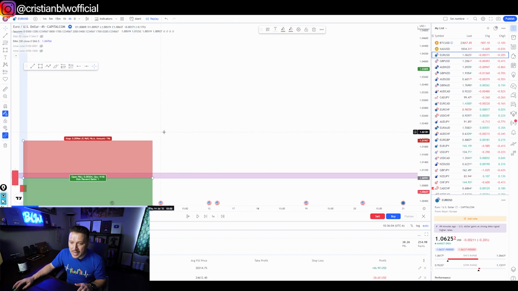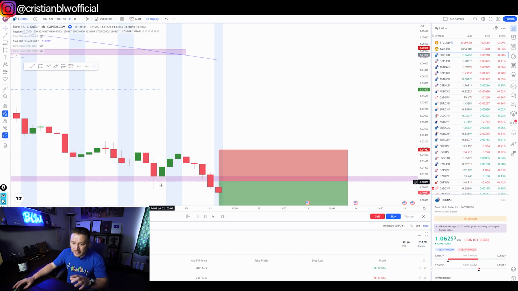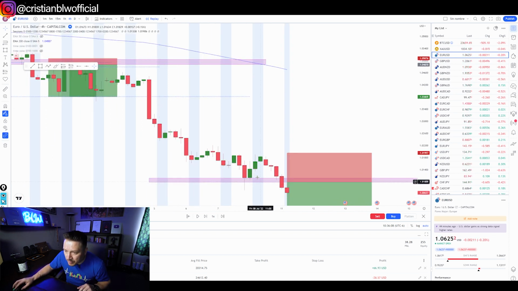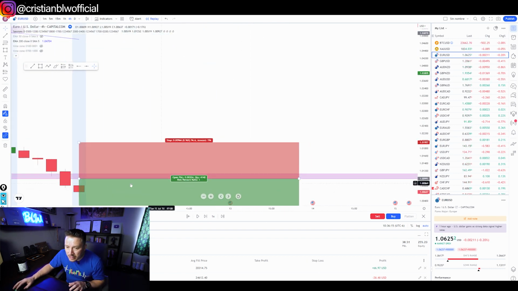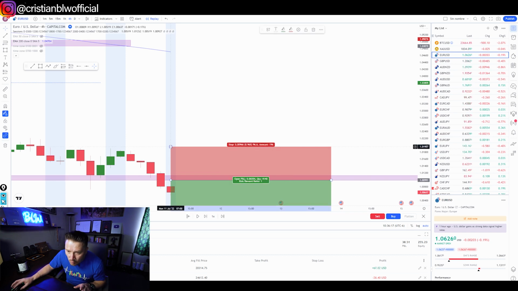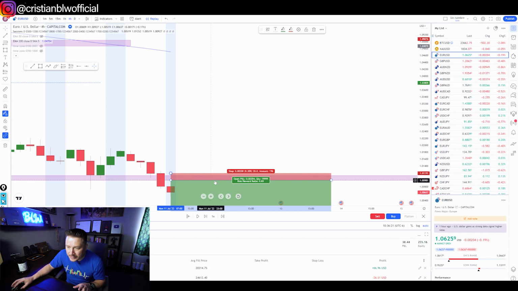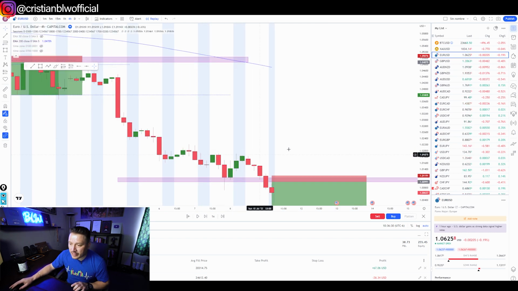So we enter at the level. Why is it that I have this little area right there? Because I see that the candle, this wick is too much to actually take as a level. But this little one, I do believe is the one. So what I'm going to do is put my entry slightly in the middle of this wick, and my stop loss is going to be slightly above the actual area of trading.